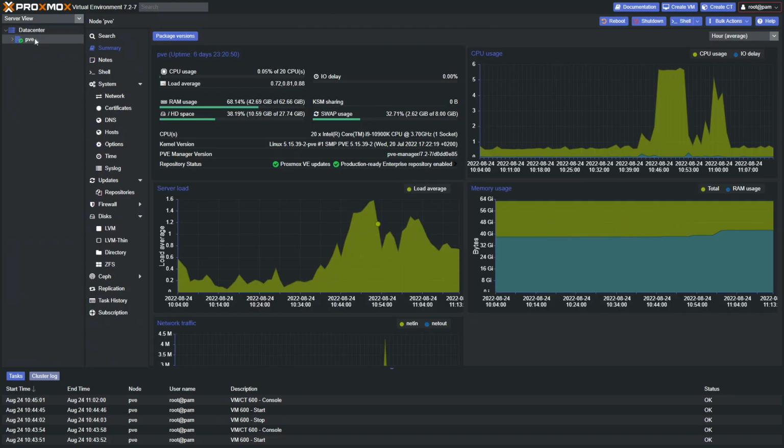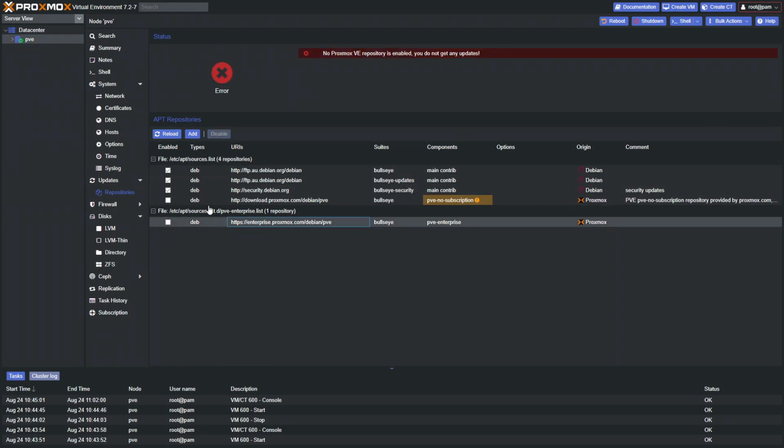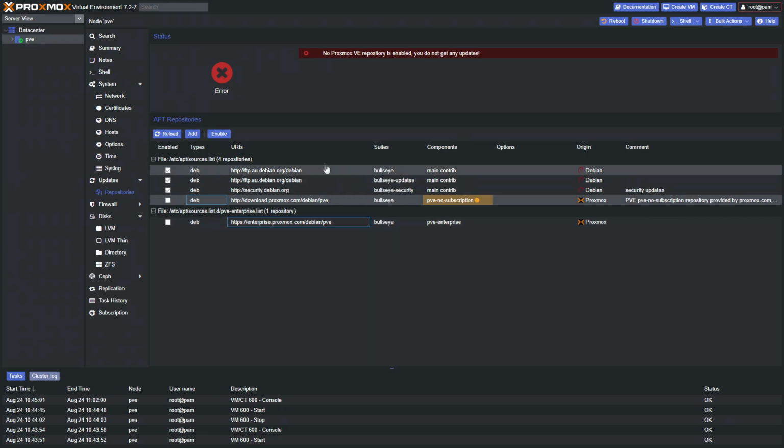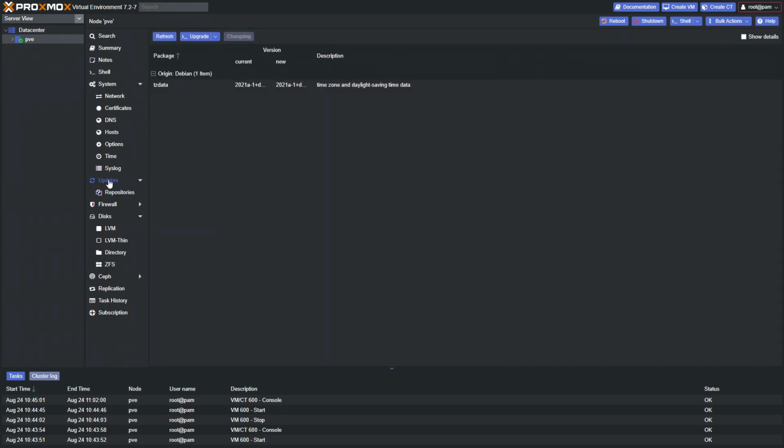The next level is the node, and as you can see, most of the options are pretty similar. I think you guys can work out most of them on your own, but the one thing I'll recommend that you definitely change right after an installation is your updates and repositories. So if we go to our repositories over here, you'll see that the no subscription repository is currently unchecked, and I have the enterprise one checked. But in your case, you'll have it ticked, and it'll say that you don't have a subscription active. So what you want to do is uncheck that, select it, disable, go ahead, highlight the free no subscription option and enable that. Once you've gone ahead and done that, you can then go to the update section and click